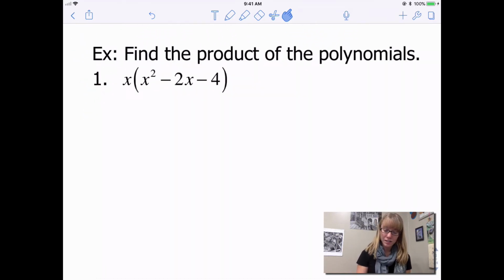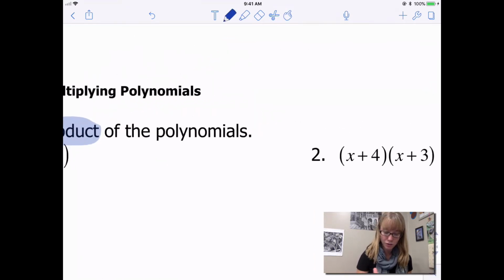So when they tell us to find the product, we know that product means multiplication. Today we're going to talk about multiplying either 2 polynomials together or multiplying 3 polynomials together. The main thing that we're going to do is use the distributive property. So remember that this distributive property